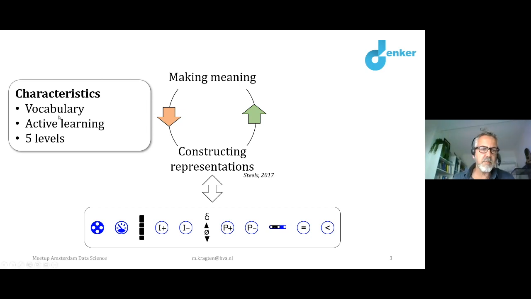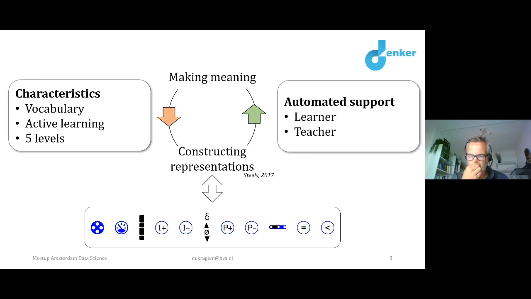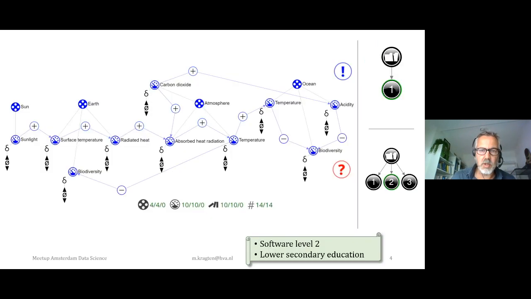So the vocabulary has certain levels, and our main goal is to get them actively learning about the systems they have to know. And in the meanwhile, as I said, the goal is to support the learner automatically and to support the teacher automatically. So let's go and check out one of those